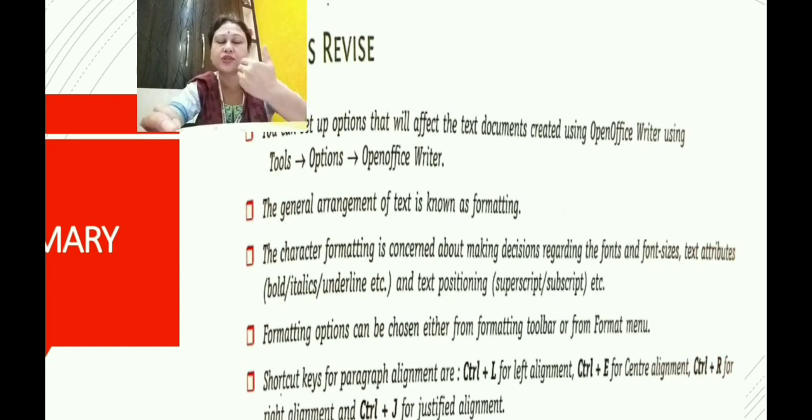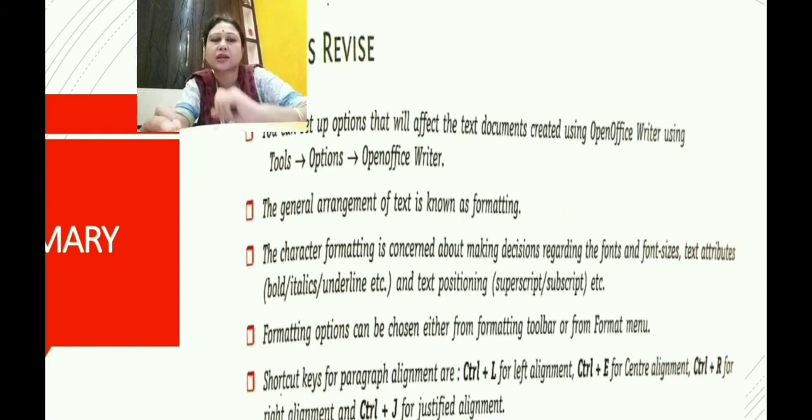Superscript is above the baseline and subscript is below the baseline. How you place your text and apply different formatting effects is known as character formatting. Formatting options can be chosen either from the formatting toolbar, or you can go to the Format menu and choose the Character option.